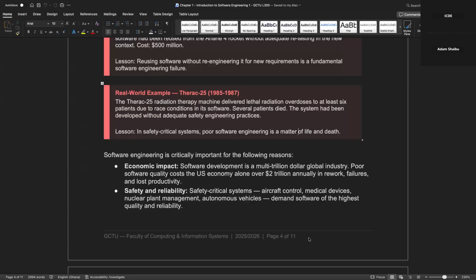And to rework, to resurrect, it's not a joke. A lot of money needs to sink in. So we need to be very careful if we are being handed some critical